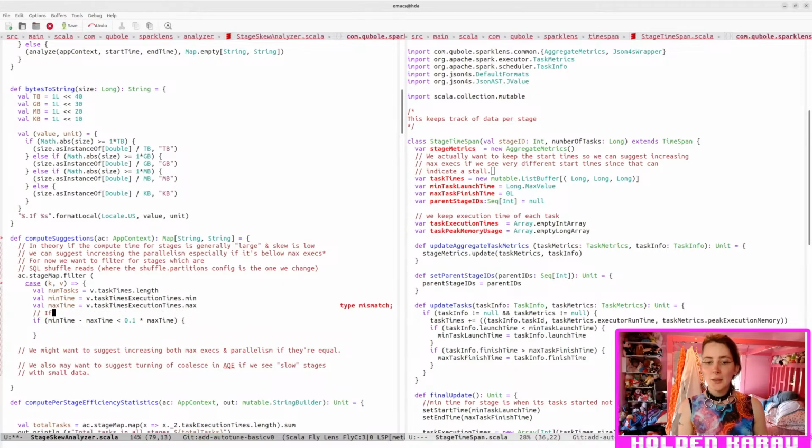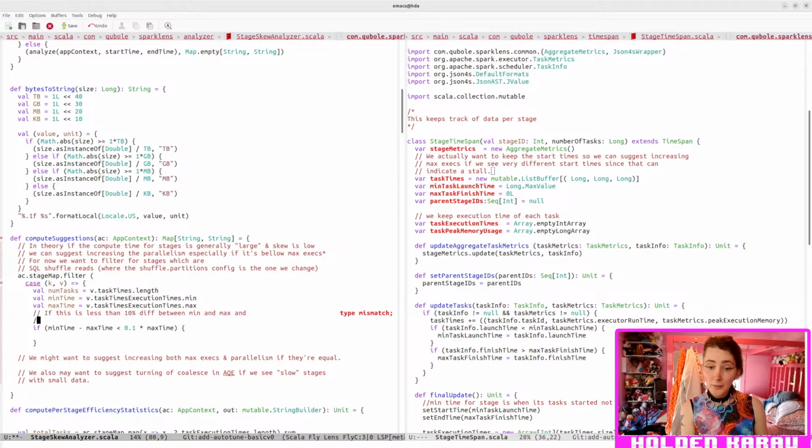Okay. If this is less than 10%, and tasks equals